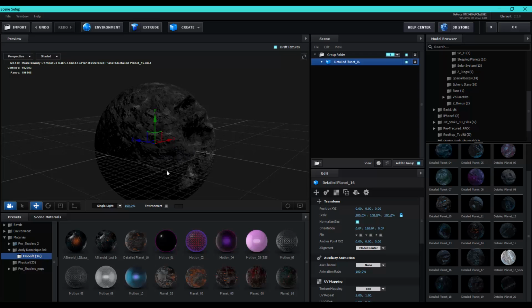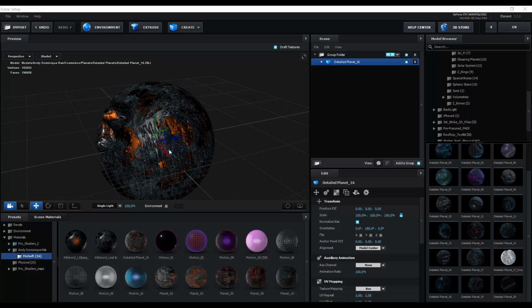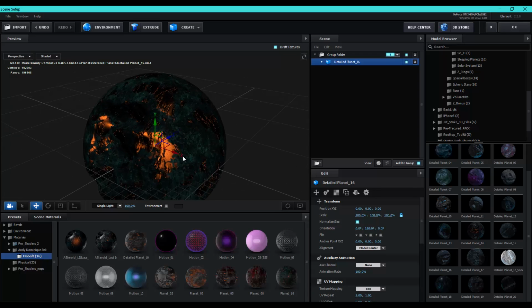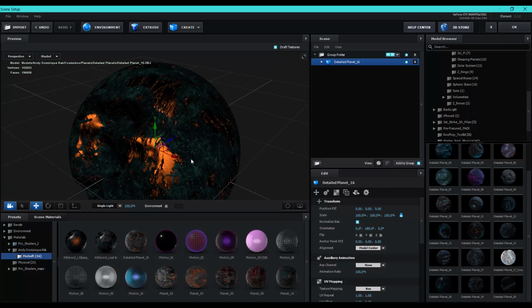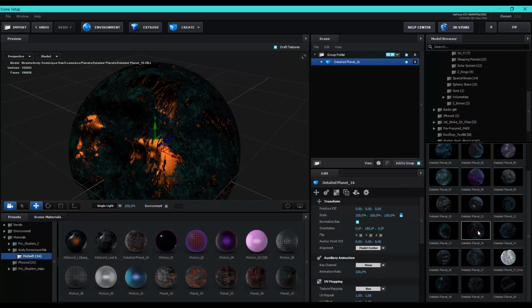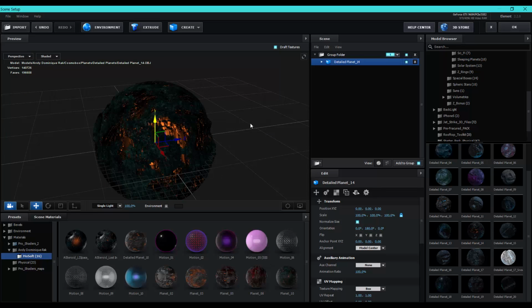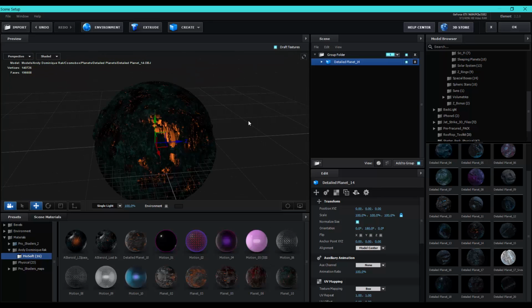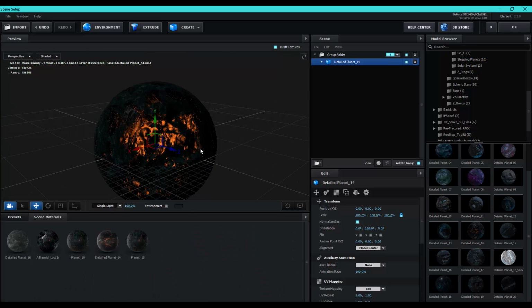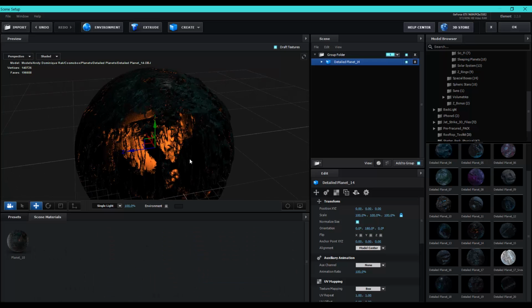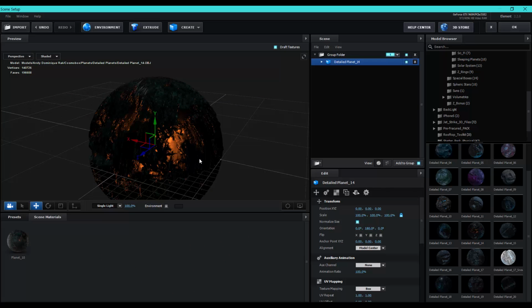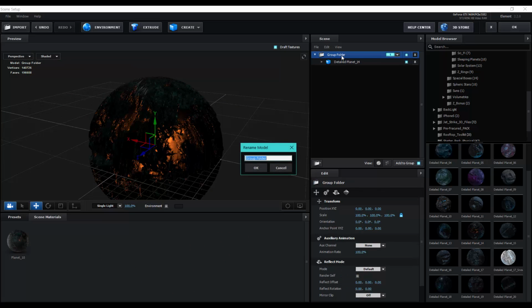So you can apply this one, maybe this one, or you can choose any other. Okay, so looking pretty good, and let's name this planet. Okay, so let's hit OK